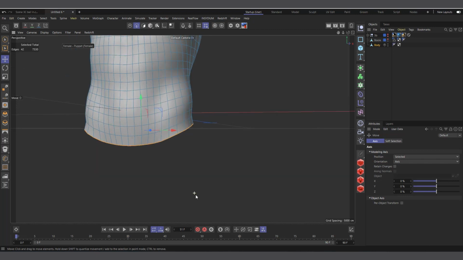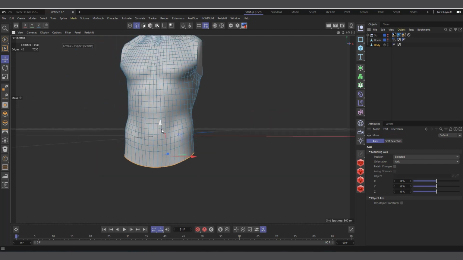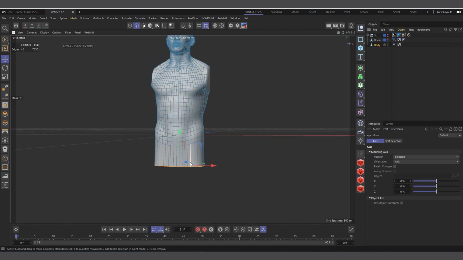Select all of this and start moving it down. Bring the scale tool and scale it to all 0, something like that. And I'll bring back the move tool, move it down, scale it a little bit,